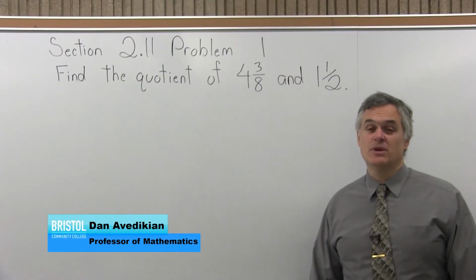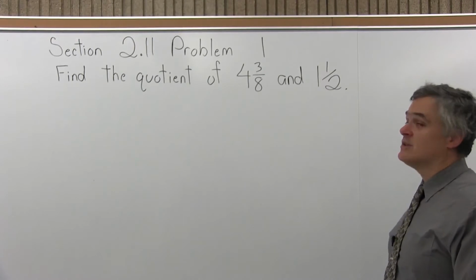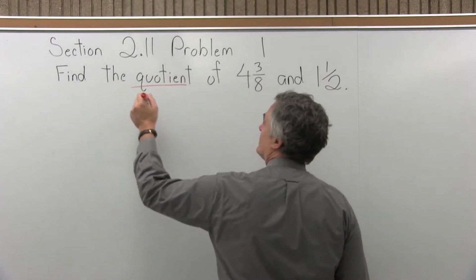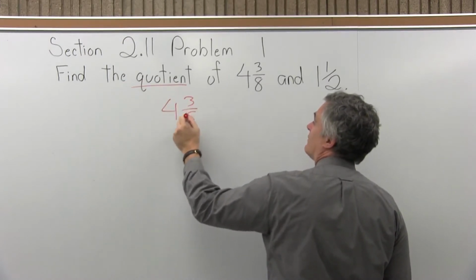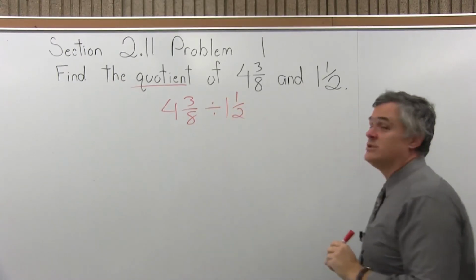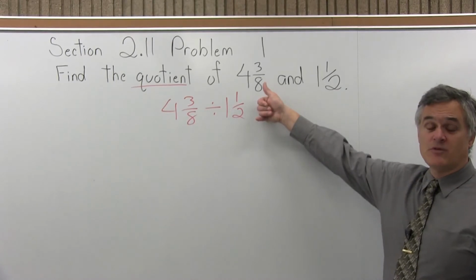This is Section 2.11, Problem 1. It says find the quotient of 4 3/8 and 1 1/2. So the term quotient is the key as to what we need to do. We need to divide. So this really says divide 4 3/8 divided by 1 1/2. So to do a division with fractions, what we need to do is flip or invert the second fraction and